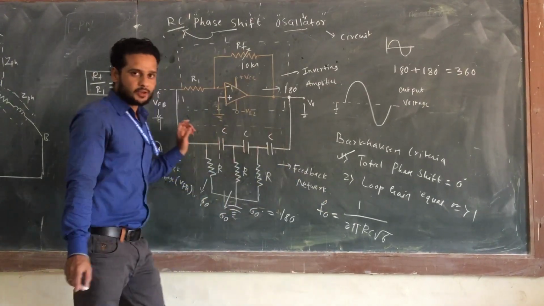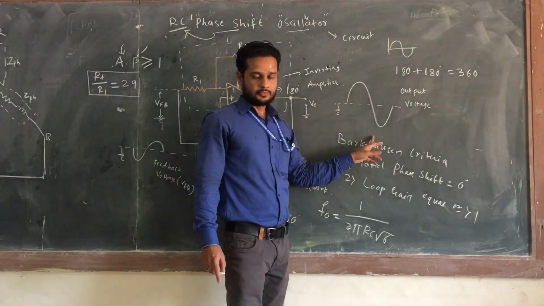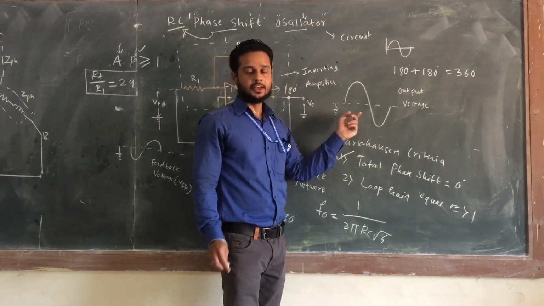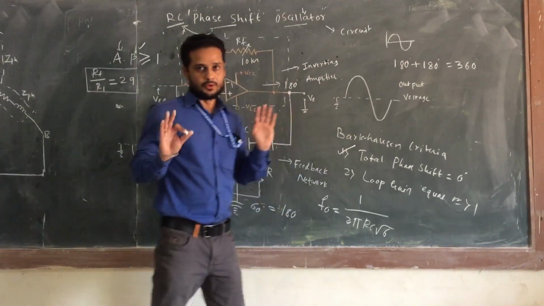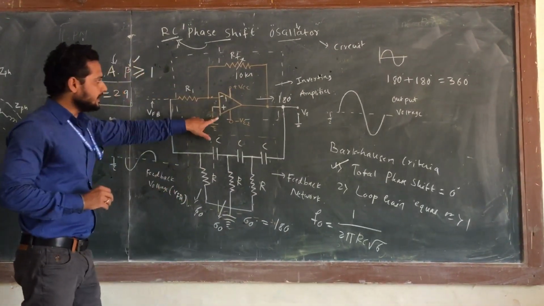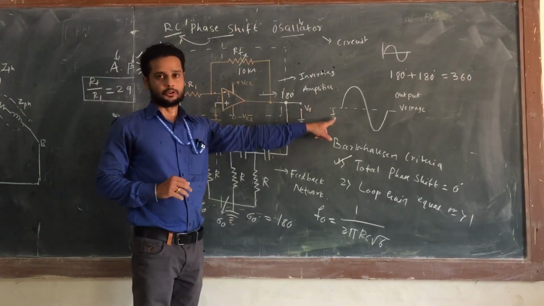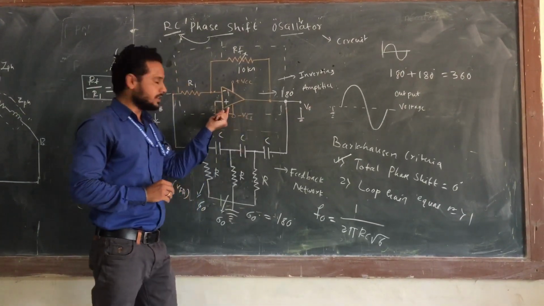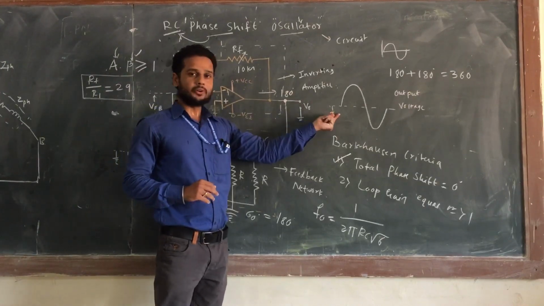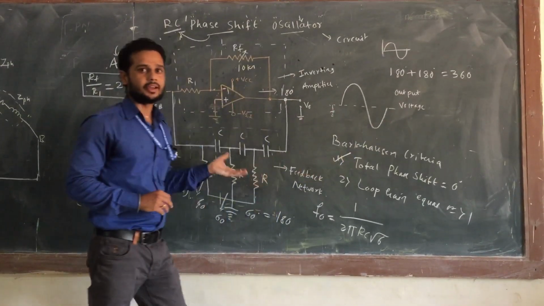Now the important thing here is that you got the AC output having one particular frequency without applying any input. Now you can raise one more question here. Basically this is an inverting amplifier, so you must get the inverted output. If it is an inverting amplifier, an inverted output you should get, but you are getting a non-inverted output. What would be the reason behind that?